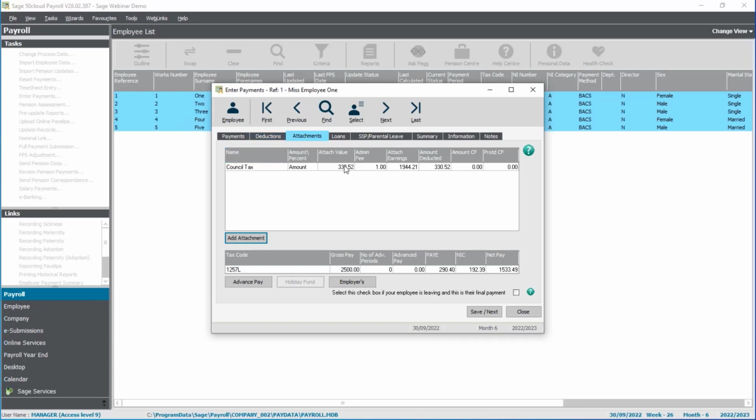So for council tax, the attached value has been worked out for us. It's been worked out from the tables within the legislation. This one we've included an admin fee, so a further £1 is being deducted from the employee. The next column is the attachable earnings. So this figure is the employee's gross pay minus tax and national insurance. So this is the amount that's being looked up in the table, and the amount deducted is the attached value, in this case, the